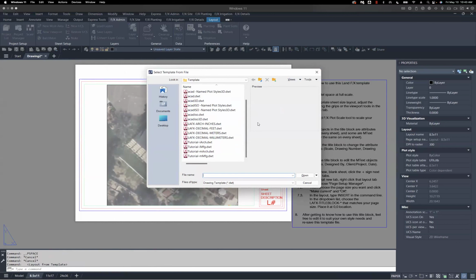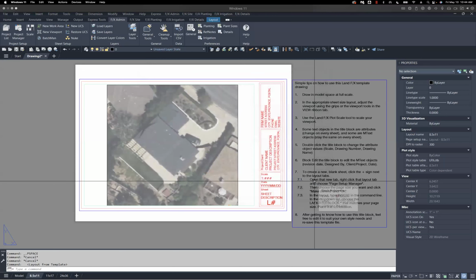And likewise, if you've created and taken the time to set up your own specific or custom template, you can go ahead and save them, and they'll be available in here as well. So you would see your templates in this list as well. And there's plenty of documentation on how to set up your templates. But for today, since we're focused really on speed and efficiency and getting through this as fast as possible, we're going to recommend that you just run with one of the Land Effects defaults because it has everything you need, including this cheat sheet to walk you through it.